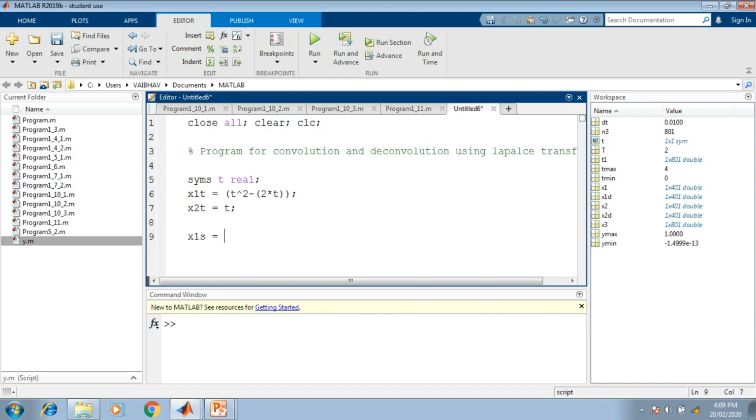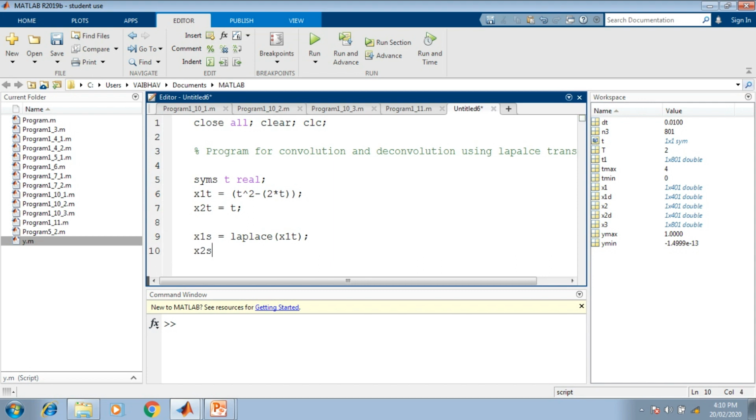So I mention the first variable x1s, which can be computed by the command laplace, and the input to this laplace will be x1t, the time domain representation of the first signal. In a similar fashion, x2s can be obtained by the forward Laplace transformation of the second time domain signal, that is x2t.